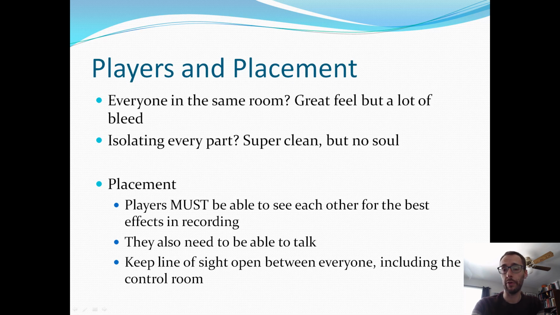Is everyone in the same room? Hopefully. That gives you a great feel, but there's potentially a lot of bleed. So if you want to go back and record just the guitar in measure 3, you have to record everyone in measure 3. Are you isolating every part? That makes the recording super clean, but tends to lack soul, and a lot of people really hate recording like